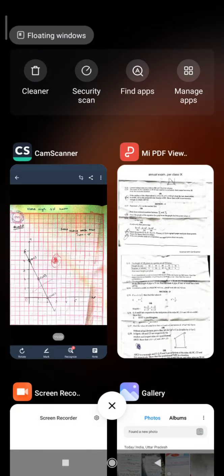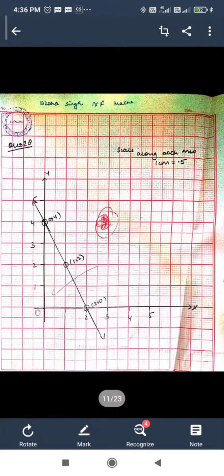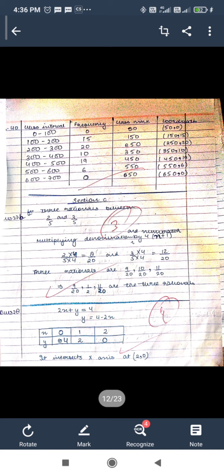Next question number 28. In question 28 we have to plot the line, the equation of the given line. Equation is given, we have to plot the line on the graph paper. So that we have done. We have calculated the three values of x and y, and then we have plotted the line. There is only one straight line possible, x, y we will write, scale we will write, and like this we will be doing. Okay, now question number 40, that is frequency polygon, that is not in your course, so I'm not going to discuss.